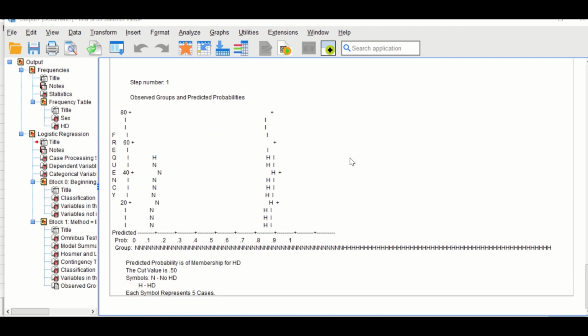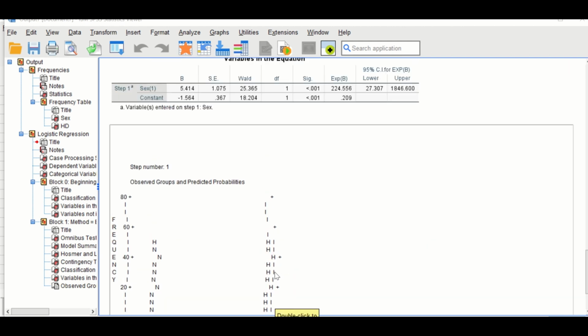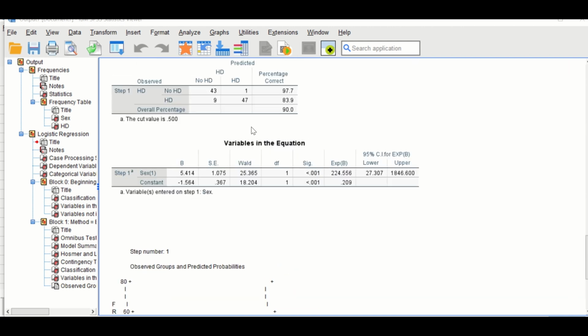Jumping to the last diagram here, which is very important, as shown from this diagram, predicted probability is of the membership for HD. So we are here calculating the probability or the chances or the odds for heart diseases, possibility of heart diseases. The table here is also an important output for the interpretation of the result from the analysis,